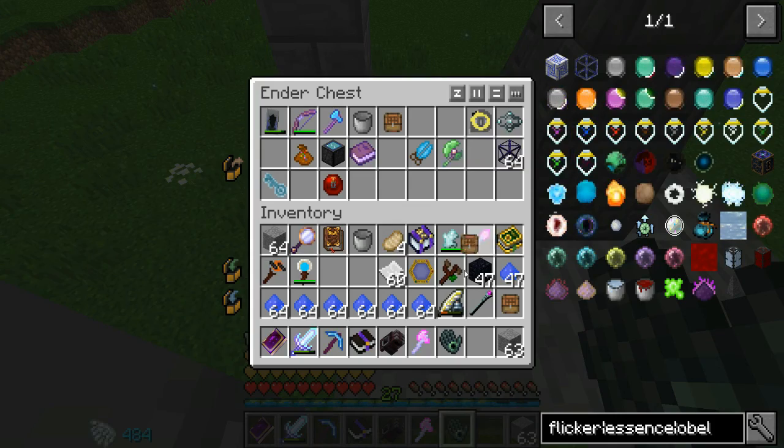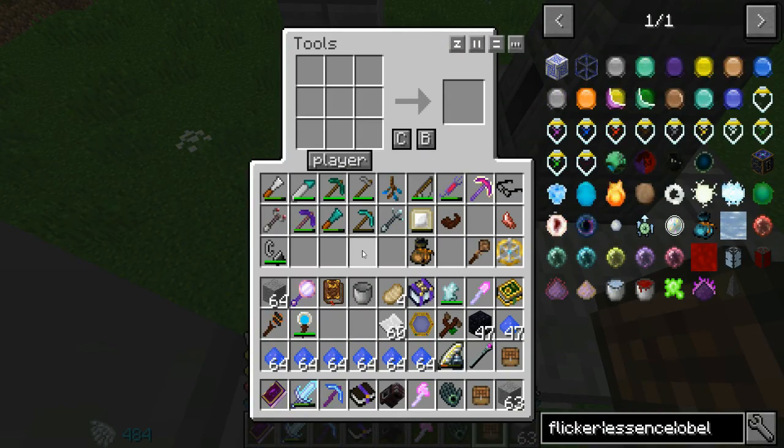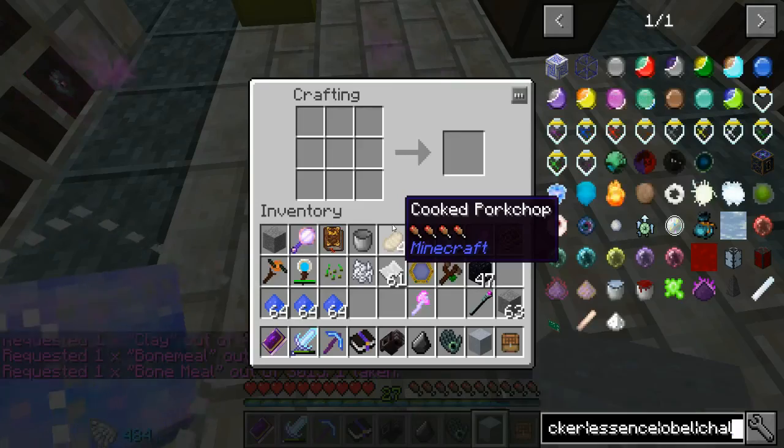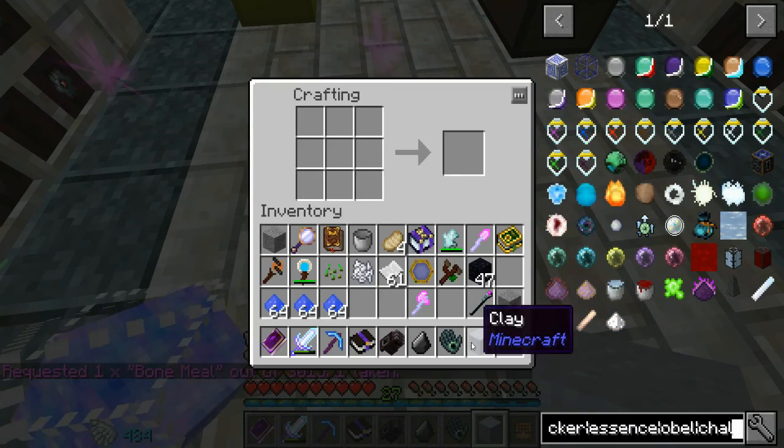Let's see, it'd be in my tools chest if anything. I do not. Let me go grab that. Okay, well I seem to have misplaced my chalk, so let's just go ahead and make another one. I thought I grabbed a clay. Oh, it gave me...